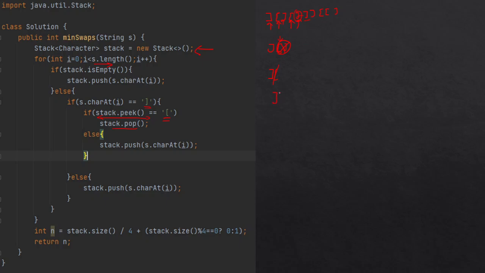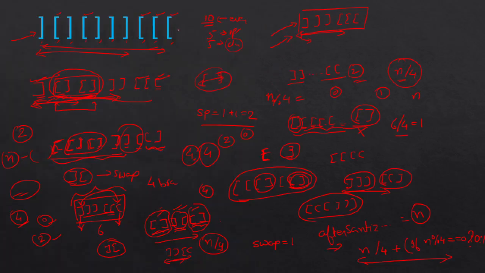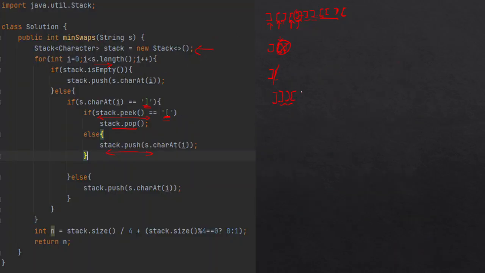Then we have this closing, closing. Then we have opening. See here it is closing. So we'll come here and push it directly. See, whenever we get closing, we'll check the top one. If the top one is opening, then we'll pop. Otherwise, we'll push. That is why we have pushed these two here. Then if it is opening, these three. Sorry, these three will be open. So this is our final sanitized string.